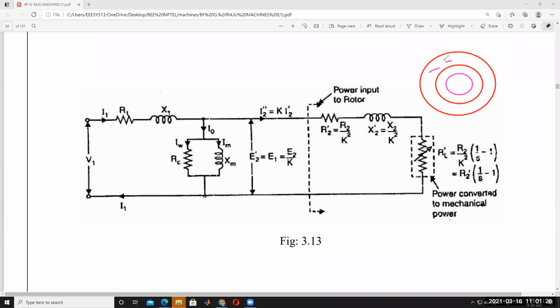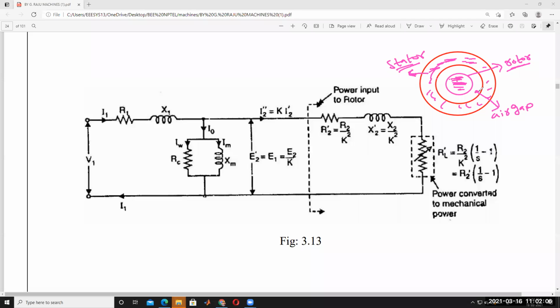This is called a stator. So this part is called stator, and this is called rotor. And there is no connection between these two. This is called air gap. Am I right? Air gap between these two, stator and rotor, some small air gap is there. If it is, this is called stator, and this is called rotor. So in between there is the air gap.